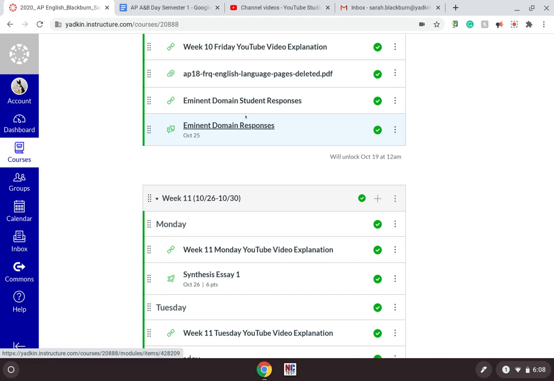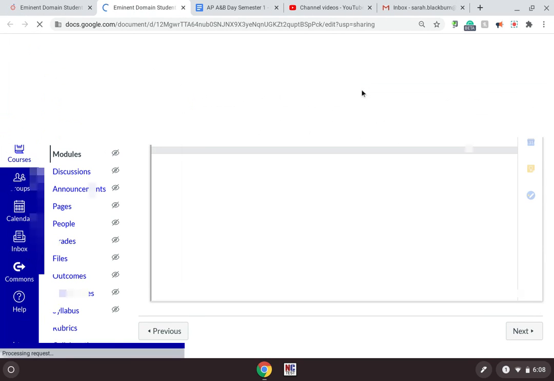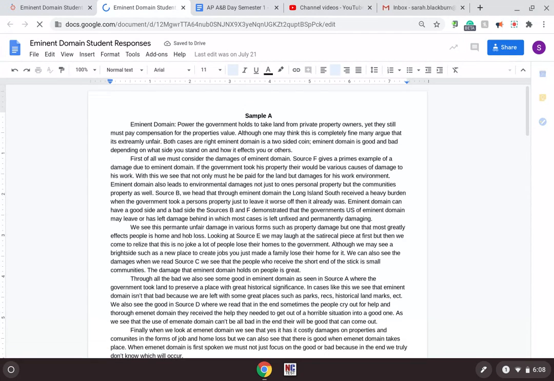Eminent domain. Let's talk eminent domain. So, student responses. Let's open these up. Okay, so starting with student sample A. So sample A